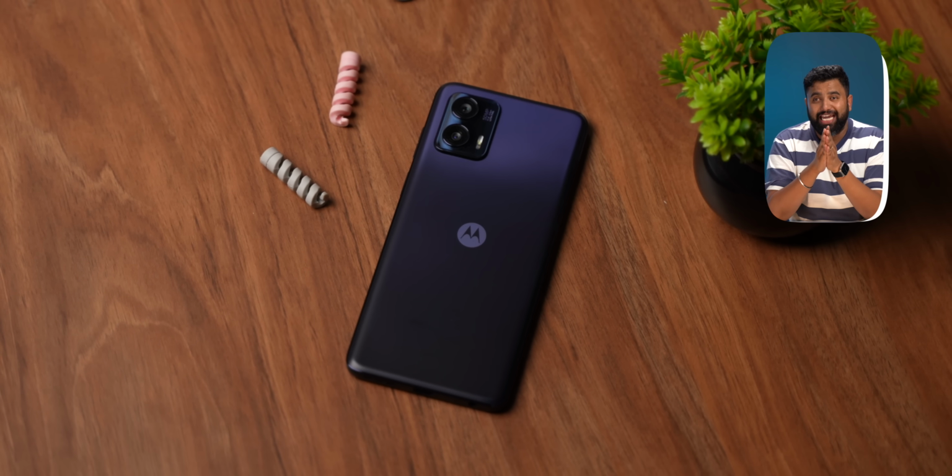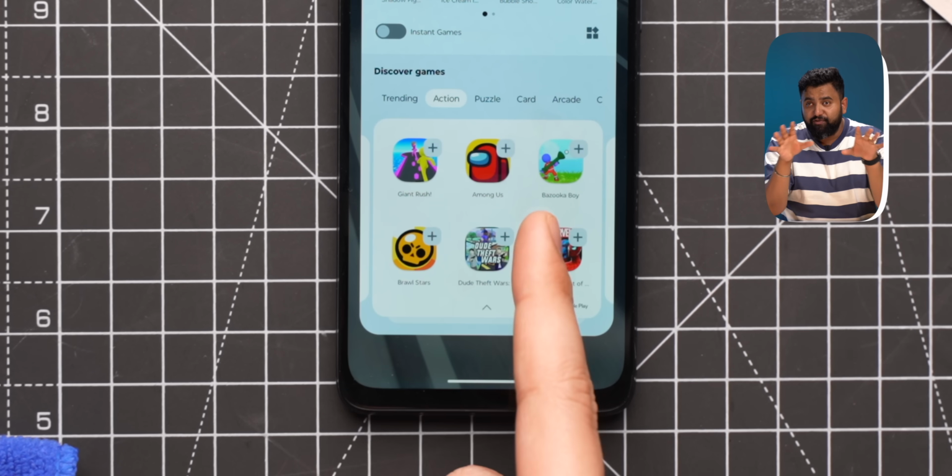So when it comes to best phone for experience, there's obviously the Moto phones that come to mind first, and there's the Moto G73 under 20k, but I remember seeing Glance on it and a few other recommendations, so that's not the best experience. Plus, it'll only get one update. Now, there's also OnePlus phones under 20k that bring a good software experience, but they're lacking in terms of features,